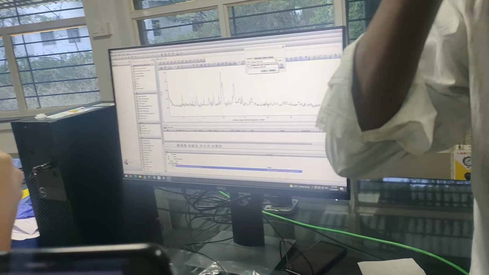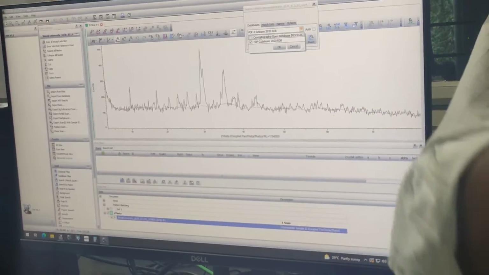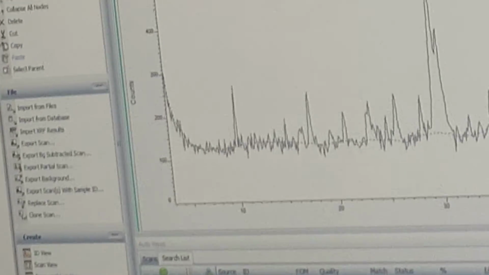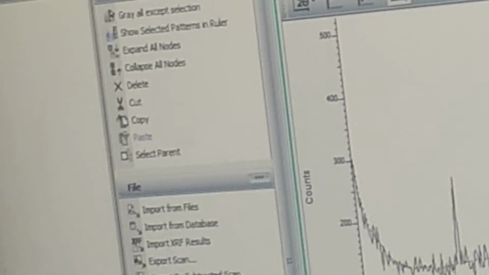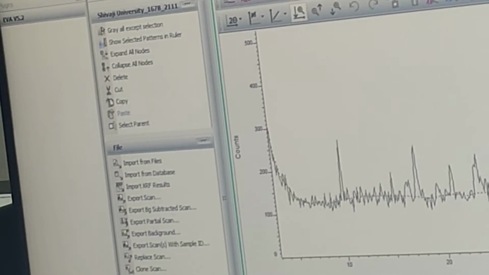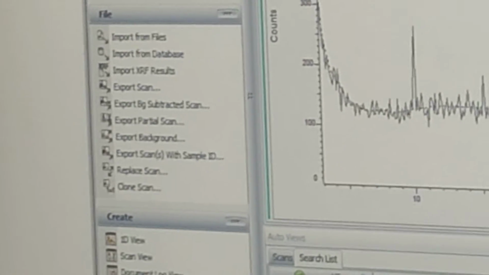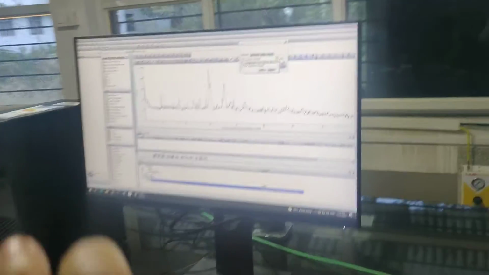So in COD, everything will be there. The data is not reviewed or anything. Everybody can submit data, you also can submit and I also can submit. So we cannot distinguish between good and bad. But in the case of ICDD, when we three of us submit the data, they will review it, whether the XRD data you have sent is good or bad. If it is good, then they will have it in the database. If it is bad data like mine, they will kick me out. So that's what they will do. ICDD and COD databases both do the same job, but the ICDD database is far more trusted than the COD database.